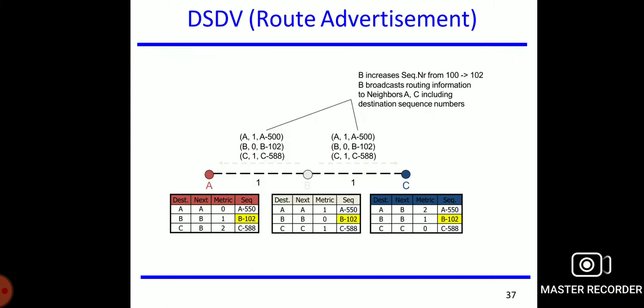So you can see the other route advertisement. In this route advertisement, there is an immediate advertisement, that is, information on a new route, a broken link, and metric changes is immediately propagated to neighbors. And the second one is full and incremental update. In a full update, send all routing information from the table. In an incremental update, send only the entries that have changed. It should fit into a single packet.